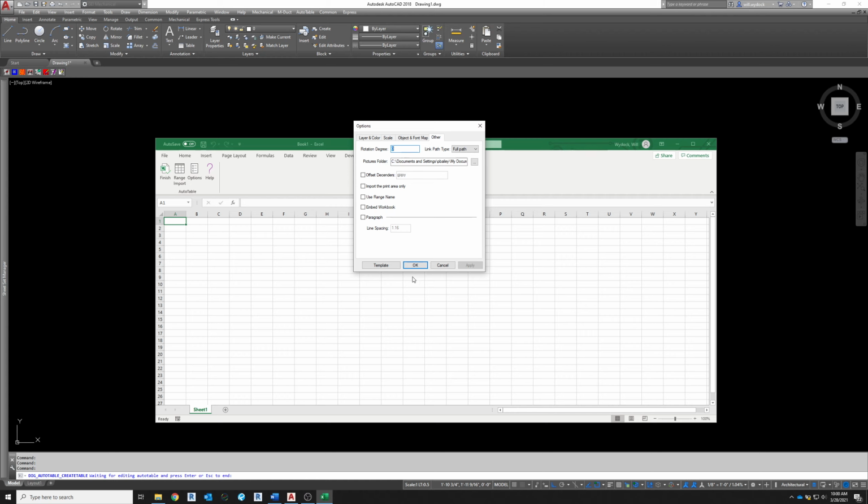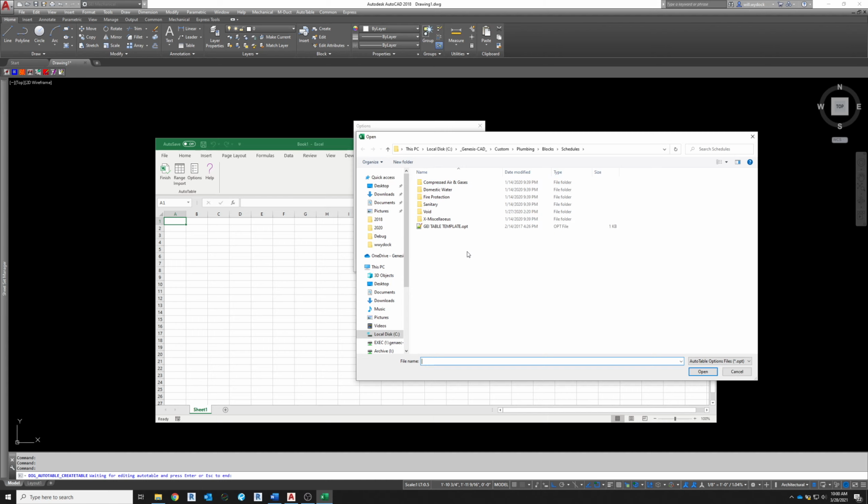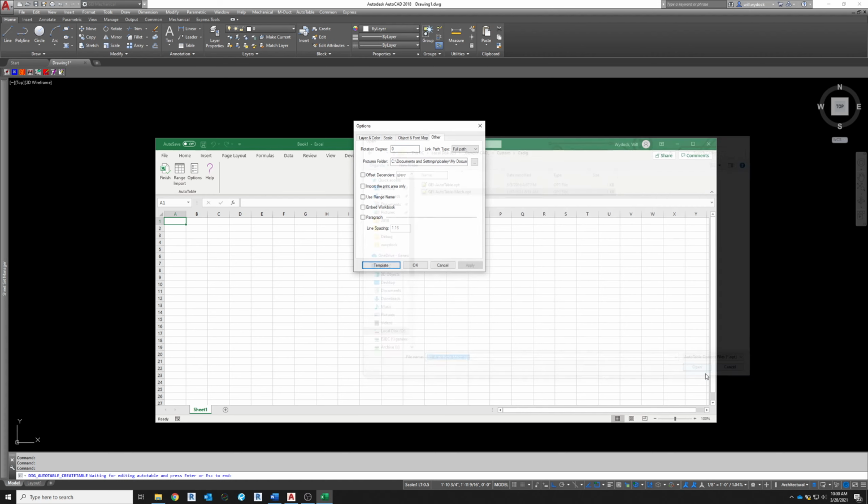Rather than going through and checking each one of those parts and making sure it's all correct, all you need to do is come down to the button template here and load from file. When you go to load from file, it'll open up a browser, and what we need you to do is go to the C drive, Genesis CAD, custom, and CADIG. What you'll see in here is a .opt file called GEI AutoTable Mech. You bring that in, open, and if those settings were not correct, they would be now correct. So we'll hit OK,